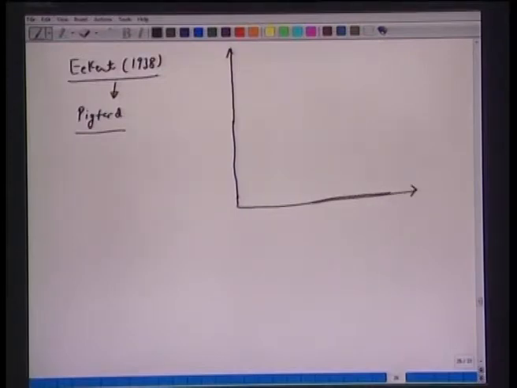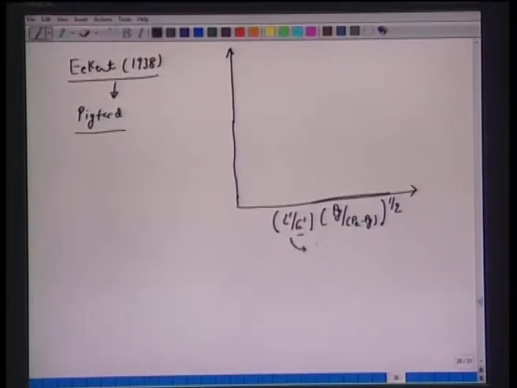So this plot will look like this. On the x-axis you have L prime over G prime, and we'll talk about this, times (rho G over rho L minus rho G) to the power half. Here L prime and G prime denote the liquid phase and gas phase flux respectively, and the unit of this is kg per second per meter square. So it's very unit specific; one has to go by these units, kg per second per meter square.